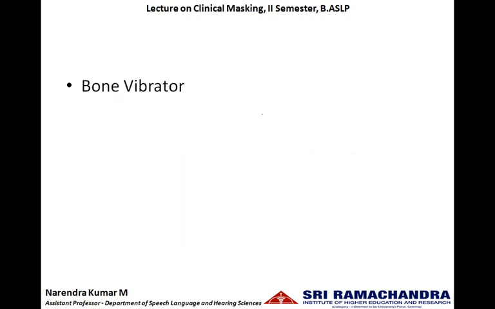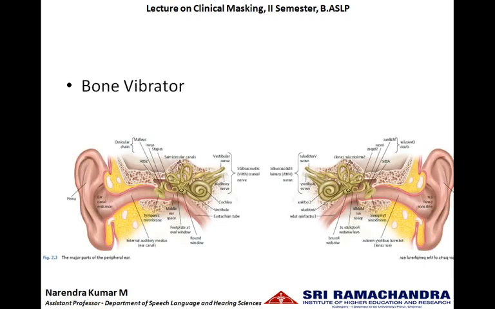Let us see what happens with the bone vibrator. The bone vibrator's basic physiology is to vibrate the skull bones. Both the cochleae are located in the petrous part of the temporal bone, which is a skull bone. So both the cochleae get stimulated at the same time whenever the bone vibrator starts to vibrate. Hence, there will be 0 decibels difference between the activation of both the cochleae. Hence, the IA for bone vibrator is 0.